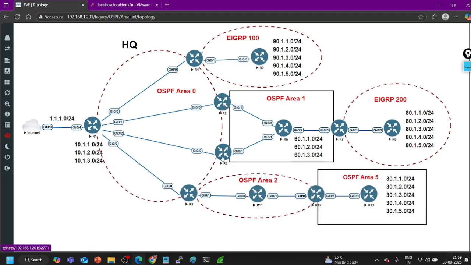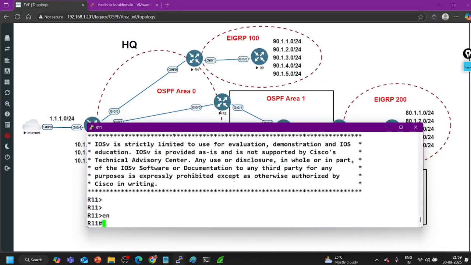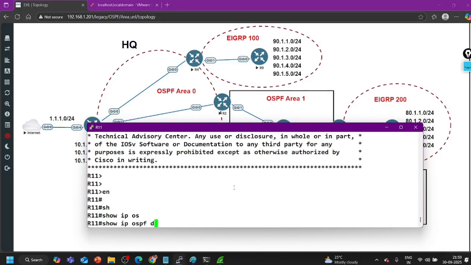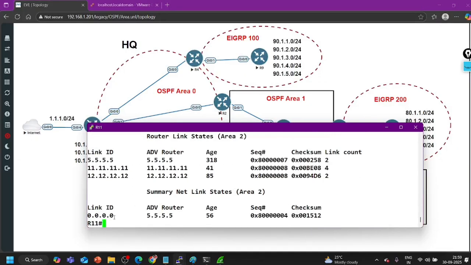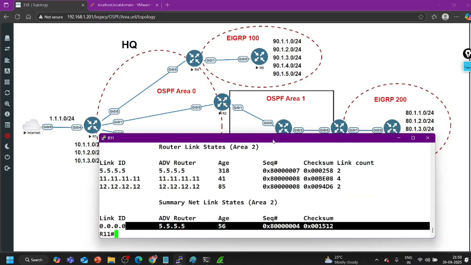And routers 2 and 3 are already advertising a default route in area 0, no need to do anything. And router number 5 will advertise that LSA 5 to area 2. LSA 5 can cross the area. Router number 11 will also have the default route. So show ip ospf database, you can see the default route coming from 5.5.5.5. Only one default route, because area 2 is my stub area, so LSA 5 is not allowed. The default route is already there. I can ping